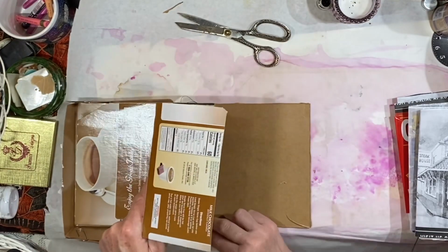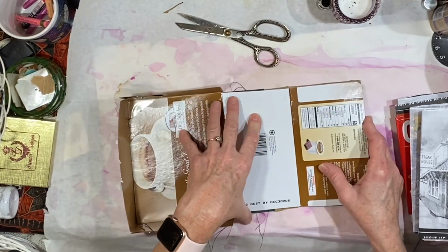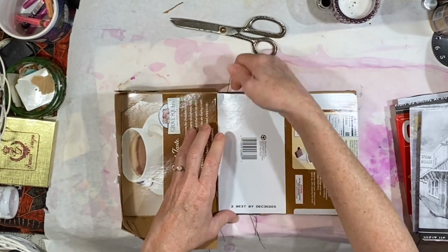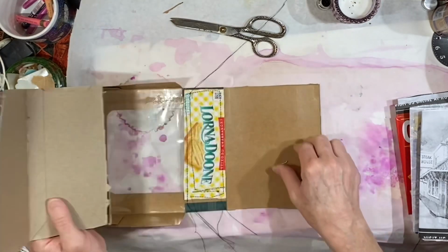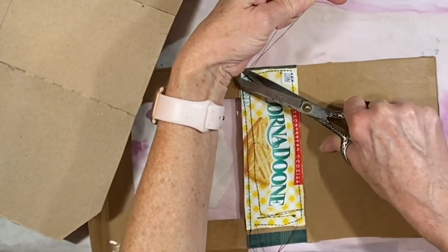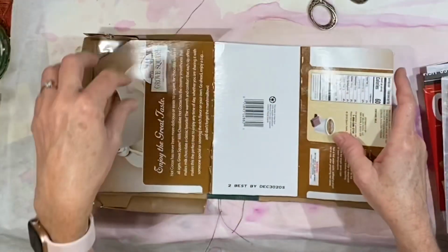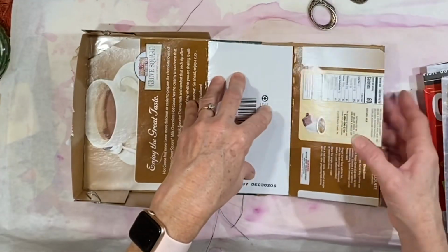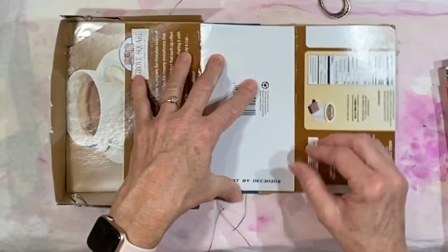Okay, the only thing is that we're losing the Lorna Doone inside, but that's okay. It's just going to make this stronger to have 3 layers there. And maybe I will go ahead and cut the string that's on the inside because we're going to glue something over the top of that. And now it's going to have to be scored right